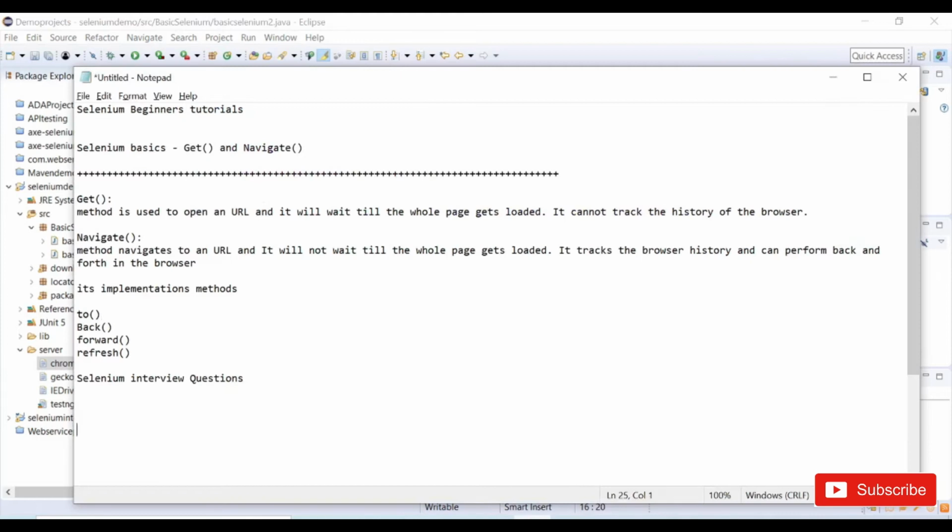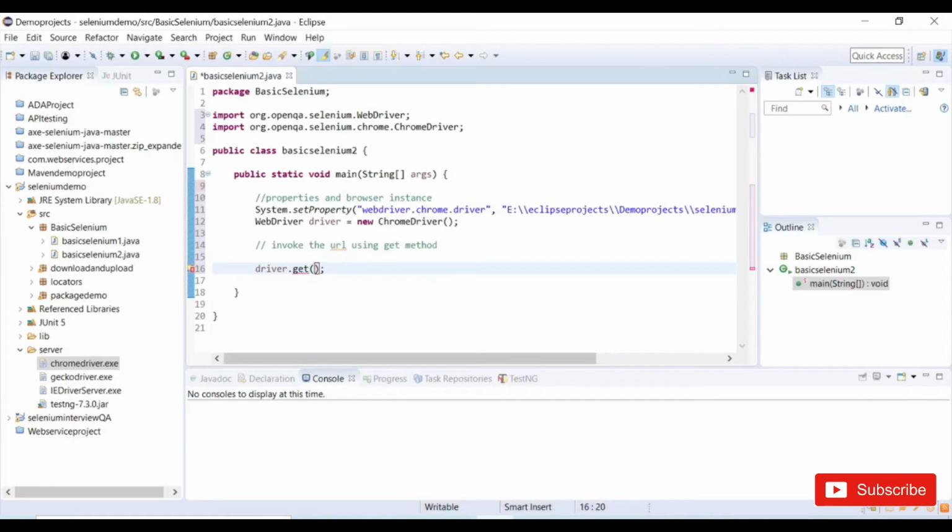Let me take it from my document. Here I have one sample URL. Here I will provide this as my driver URL, and then driver.quit, so it will quit the entire browser instance, and my driver.get will invoke this URL.